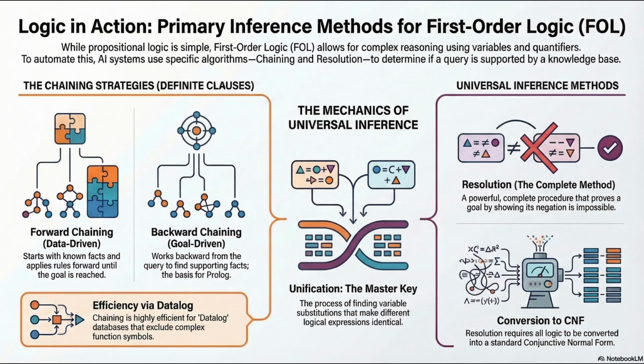So the mission today is to upgrade from that rigid system to this first-order logic. Correct. First-order logic gives us variables. It gives us those upside-down A's, which mean for all, and those backwards E's, which mean there exists. It allows us to say, for all X, if X is a king and X is greedy, then X is evil. One single rule covers every king in the universe, past, present, and future. Okay, that is much better.